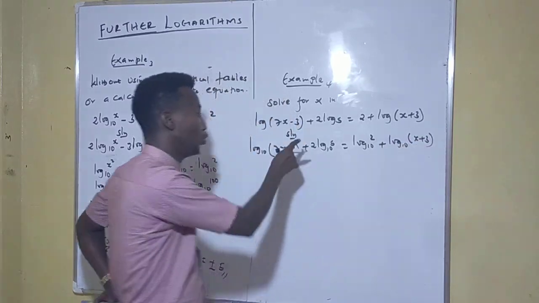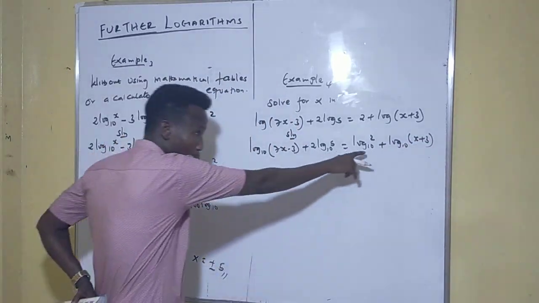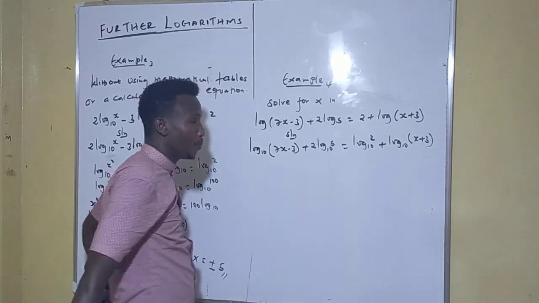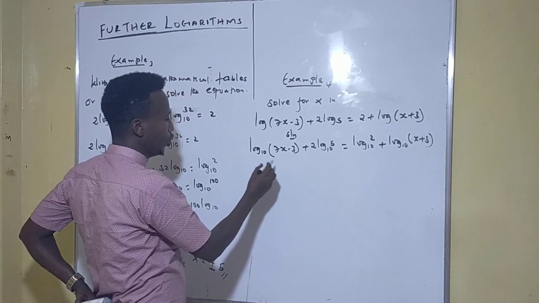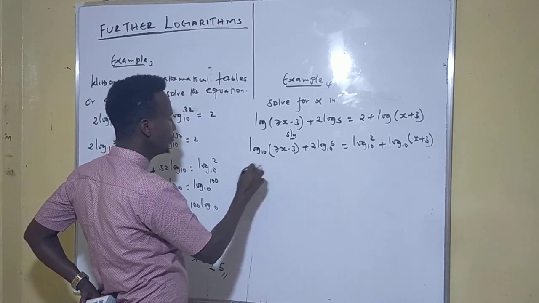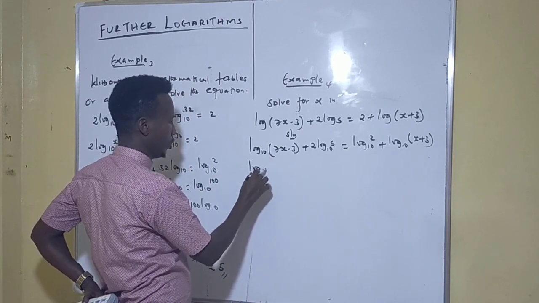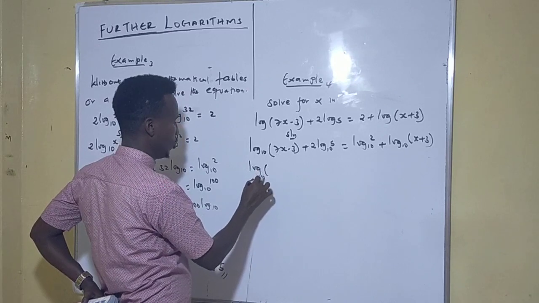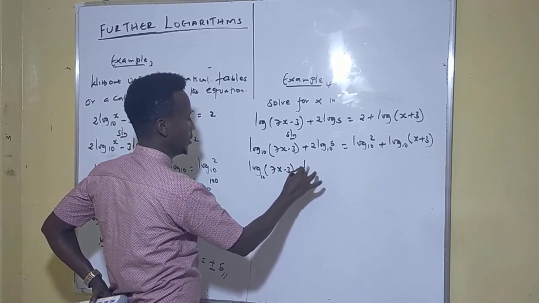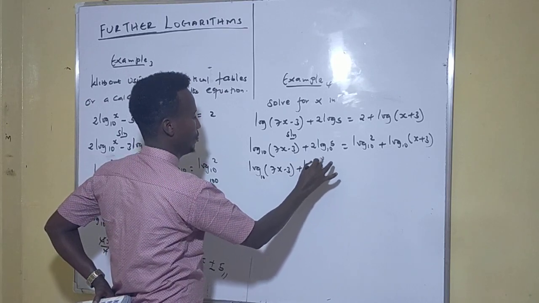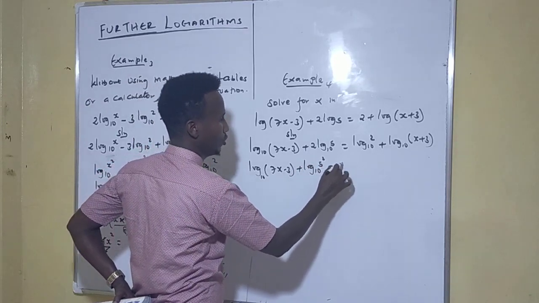You have to introduce it because it will help you. Look here, it will help you when you're raising this on log base 10. When you say log base 10 power 2, it will help you, of course. So it will be, look here, log base 10, don't forget that, of 7x minus 3 plus log base 10 of 5 power 2 is equal to